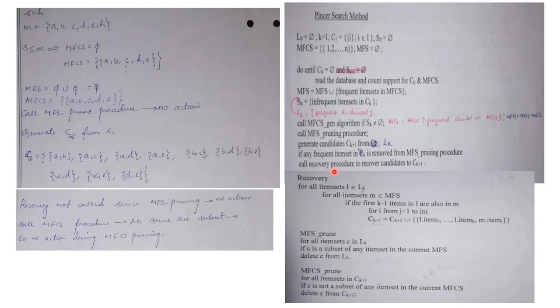Normally we call recovery whenever we have some item sets in MFS and there are some item sets in L which can be merged and put in CK. For example, I have AB in MFS and I have AC in L2. I can generate ABC in C3. So such an instance may come across. In that case, we call the recovery procedure. Otherwise, such sets like ABC might be left out in case I do not call the recovery procedure. So nothing happens in recovery, and next comes